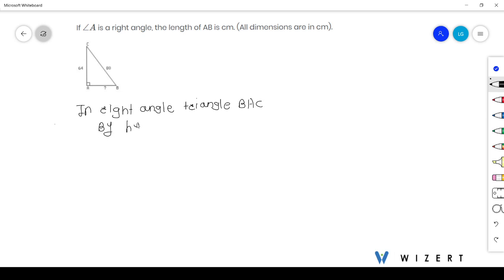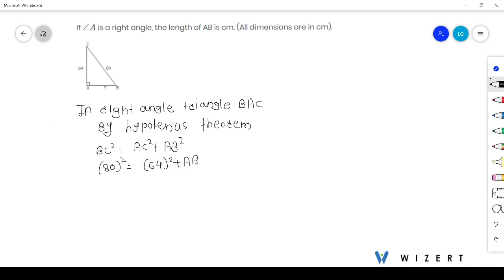by hypotenuse theorem, BC square equals AC square plus AB square. Here BC is 80. So 80 square equals AC square. AC is given here, which is 64. So here it is 64 square